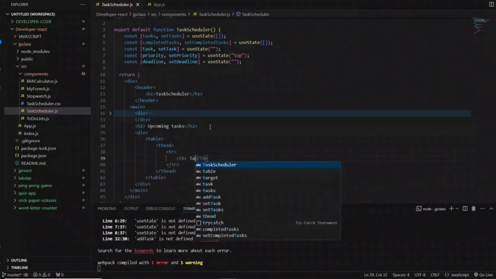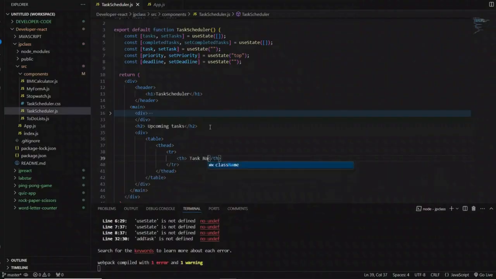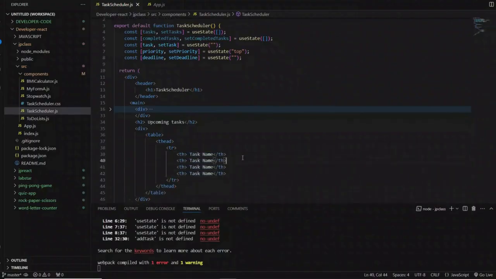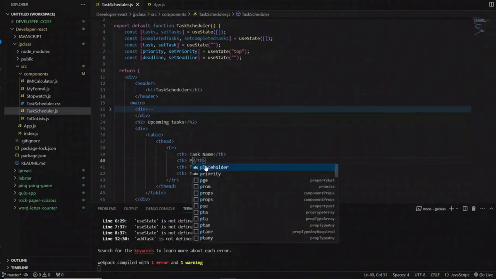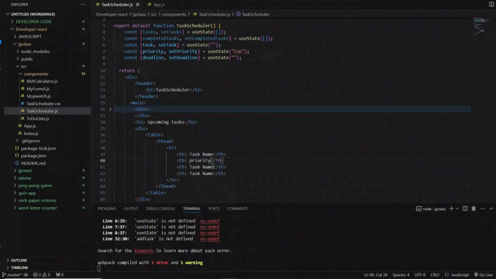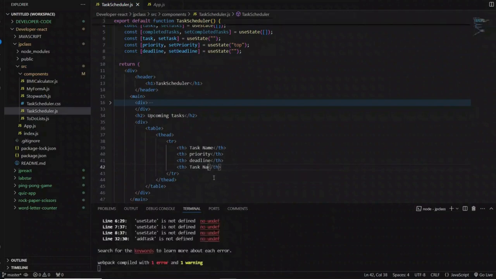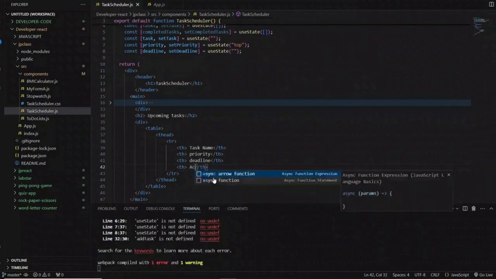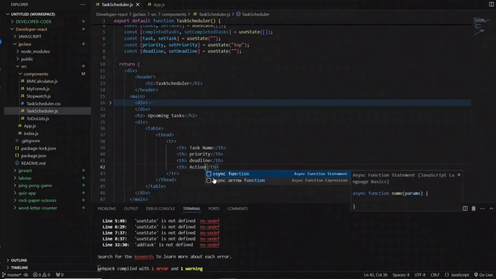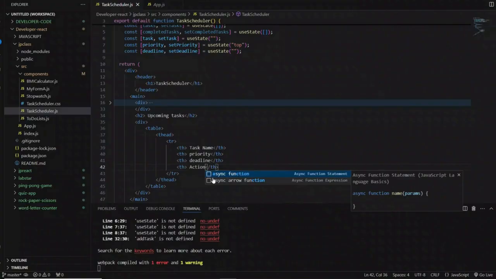Th should be task name. Copy this 1 2 3. Instead of task name we put priority, deadline and action. Okay. In tbody